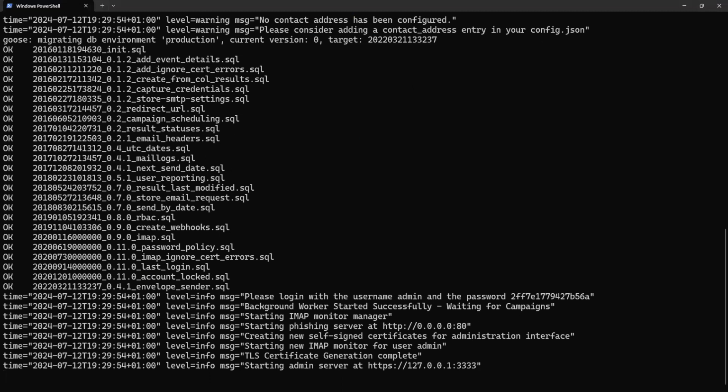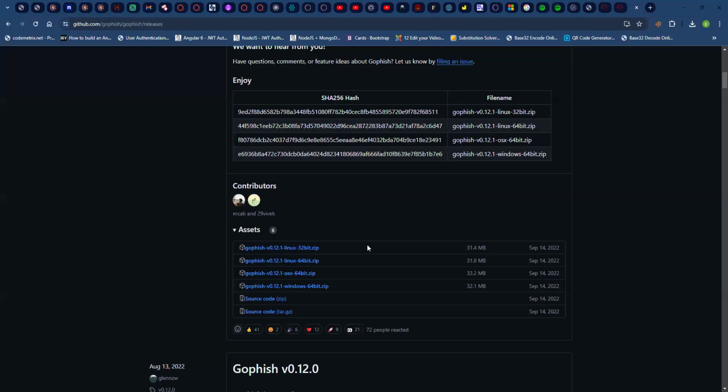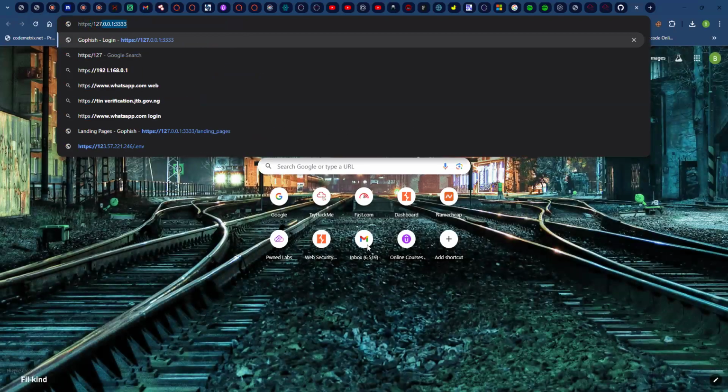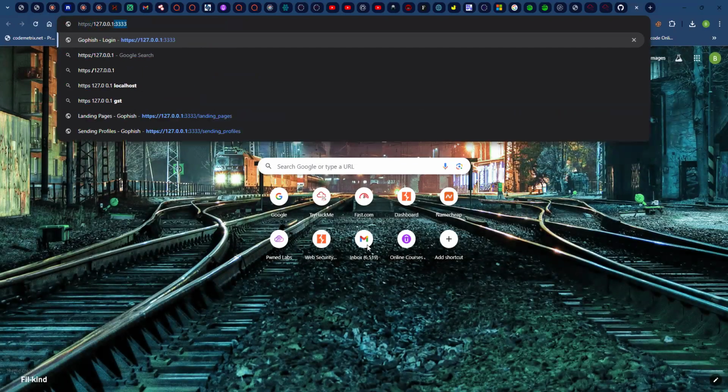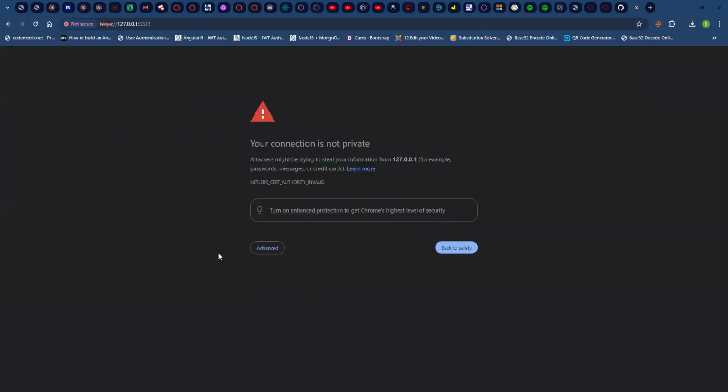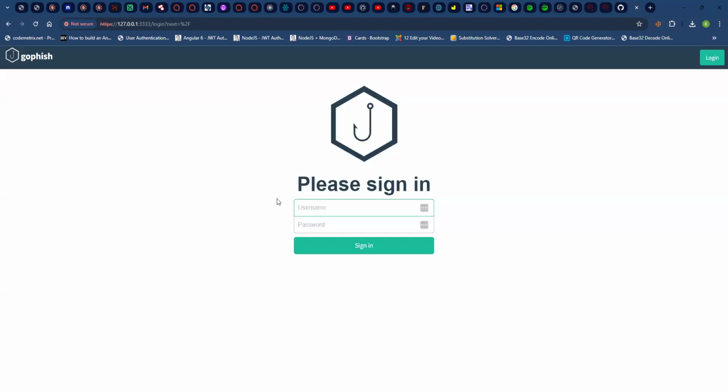So let me go to that admin server first. I'm going to open up a new tab here and go to HTTPS 127.0.0.1 port 3333. We get this warning because it's using a self-signed certificate. So I'm just going to click on advanced, then click on proceed. We have this page that's asking us to sign in.